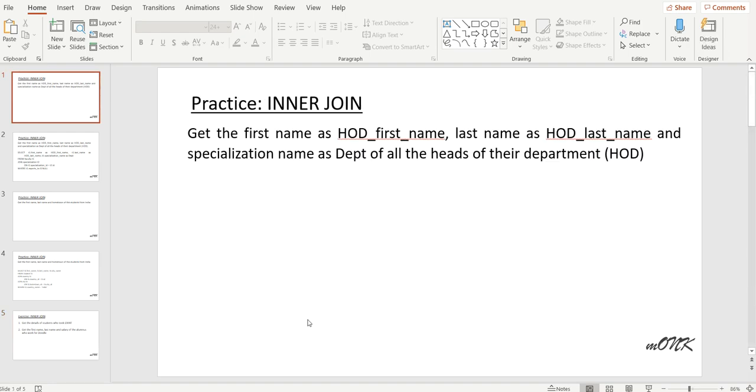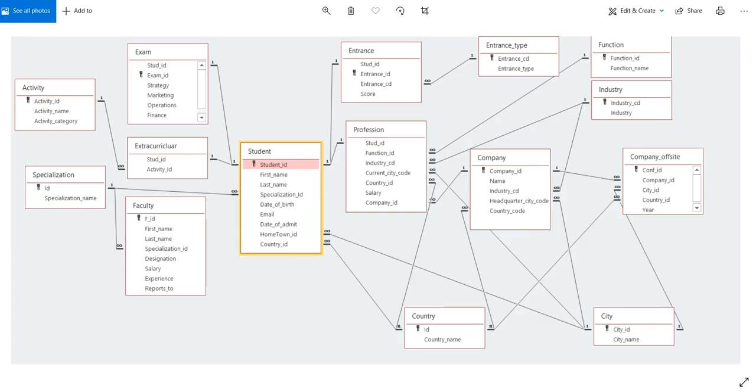So let's go to the table relationship image. I would suggest you take a photocopy or a printout of it so that it will be easier for you to have a 360-degree view of all the tables and how these tables are connected via foreign key and primary key. So in this case, we need faculty first name, last name, and